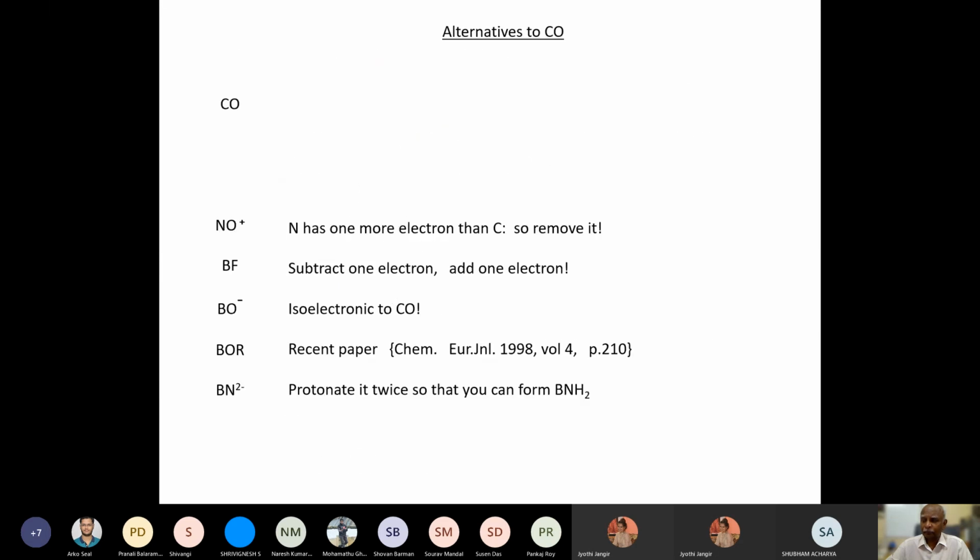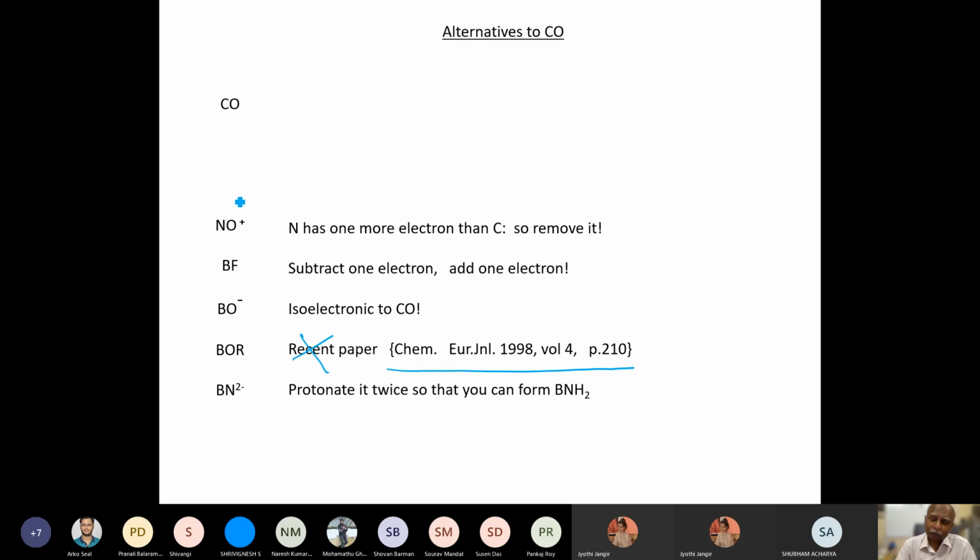I go to the next section, which is going to be some kind of futuristic. Futuristic, I'm saying, because this is a paper that was published in '98. I have said recent, which is not correct anymore. This is close to 2000, and now we have 20 years past, and still people have not been able to make the ligands that these people have predicted. What they have predicted is something that I'm going to show you.